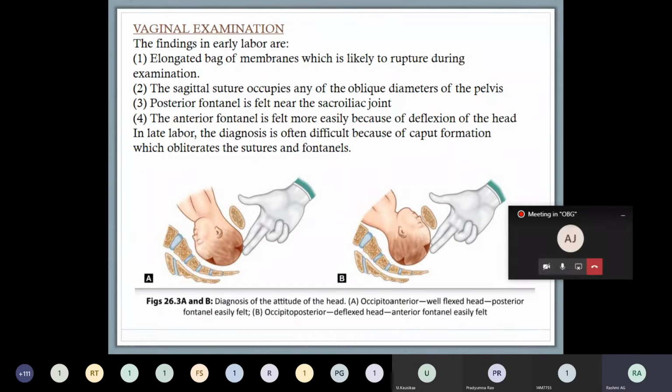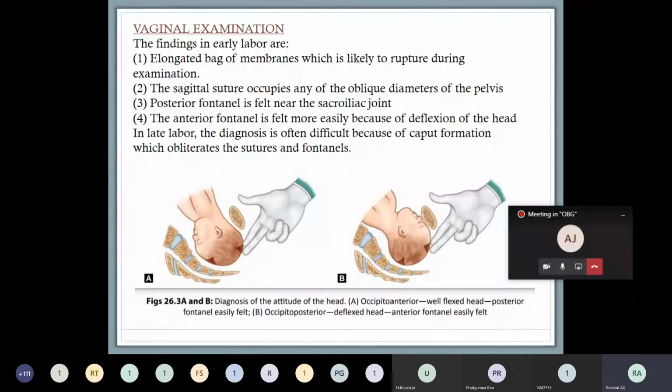Second is the sagittal suture occupies any of the oblique diameters of the pelvis. The posterior fontanelle is felt near the sacroiliac joint, and the anterior fontanelle is more easily felt because of the deflection of the head. In late labor, the diagnosis is difficult because of the caput formation, which obliterates the sutures